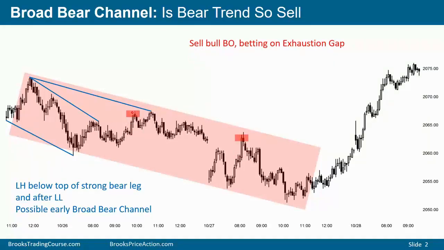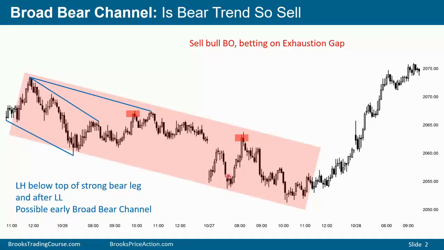Traders will therefore sell reversals down here or here. And then again, very strong rally, but unless it gets above prior significant lower highs, it's more likely that this is a bull leg in either a trading range or a bear channel, and therefore traders will look to sell, especially a very big bar near the top of the channel or the top of the trading range. Traders will bet that it's a second leg trap.